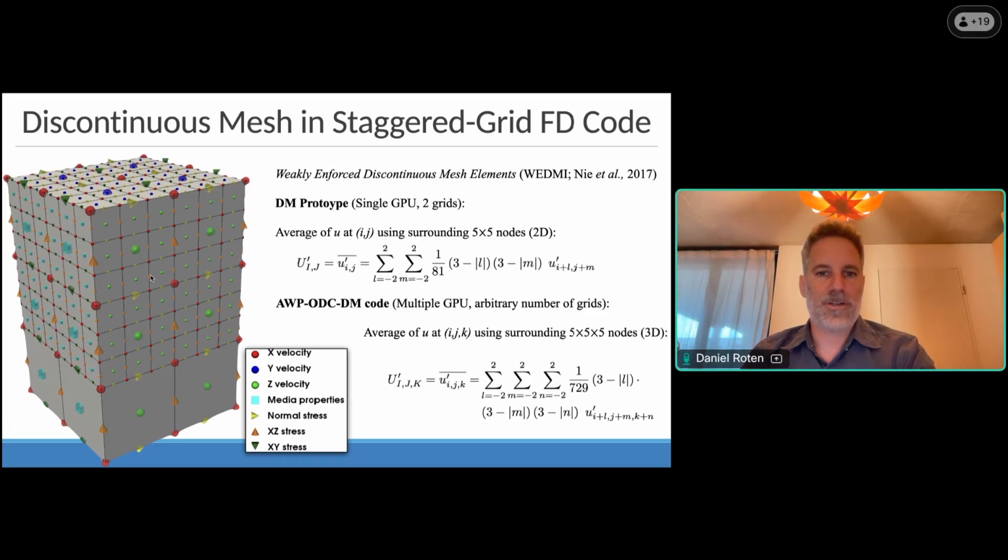Another feature that we introduced after plasticity was a discontinuous mesh. I mentioned before that we need to sample the wave field at high resolution at the surface, because the seismic velocities are very low close to the surface. But at greater depth, the speed of the seismic waves is much higher, and you're basically oversampling if you use a uniform mesh down to the entire depth of the computational domain, which can be 20 or 50 or 100 kilometers. One way to fix that is to have a discontinuous mesh transition.